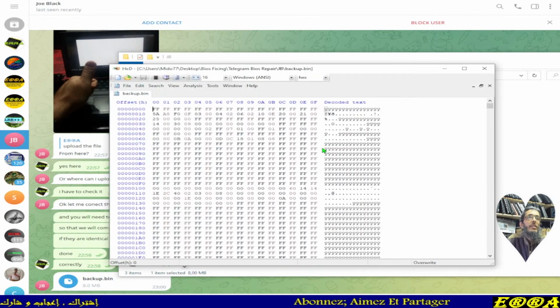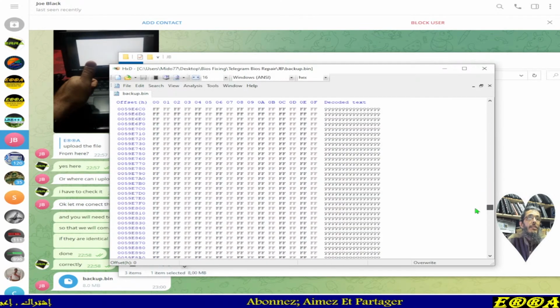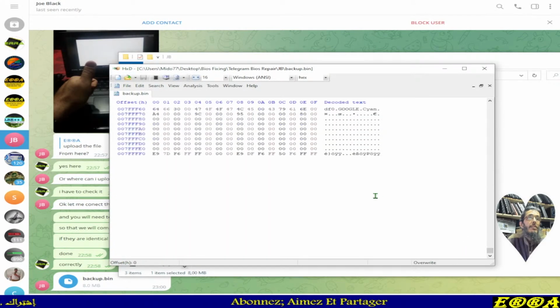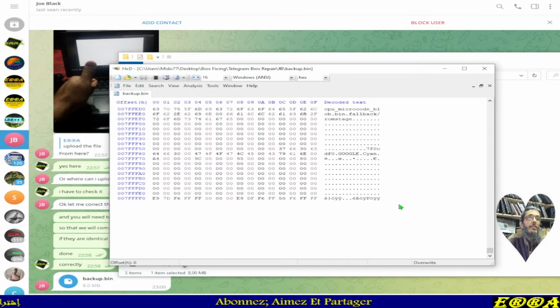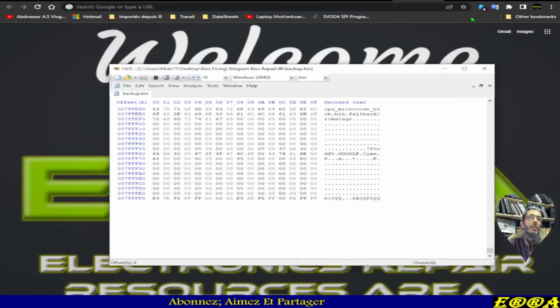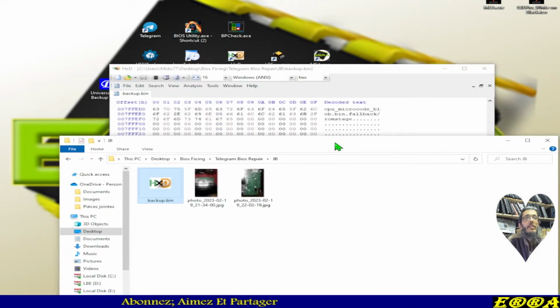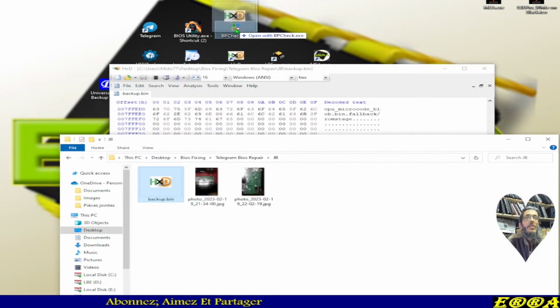Let's open it. Okay, as it seems, it has a header, and so yes, it seems a good file. It seems at least we have data, so I can't tell if it's a good file right now. So let's check.